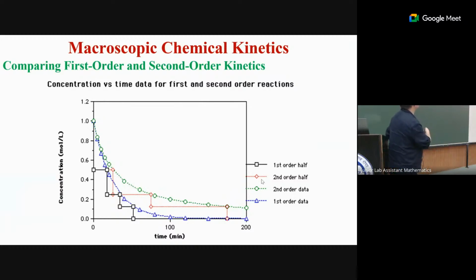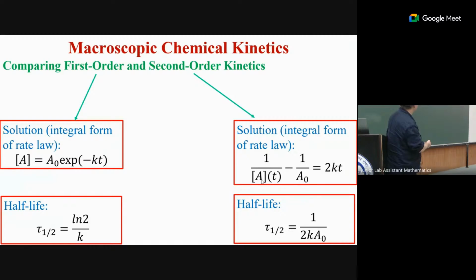So this is, again, the concentration as a function of time. Let's look first at the experimental measurements for the first order reaction, the blue one. And for the second order reaction, the green one. How can I distinguish them? In most cases, you will see some decay. Well, it's easy, because from the solution that we did before, the half-life for a first order reaction has no dependence on initial concentration. Here there will be dependence on concentration.